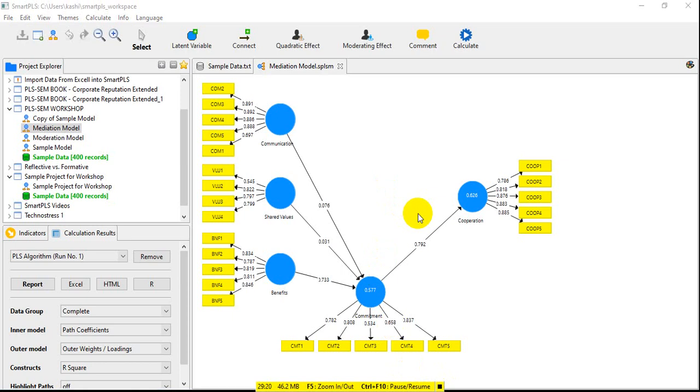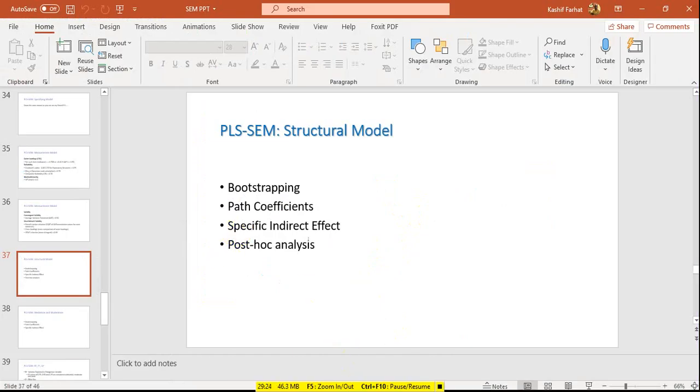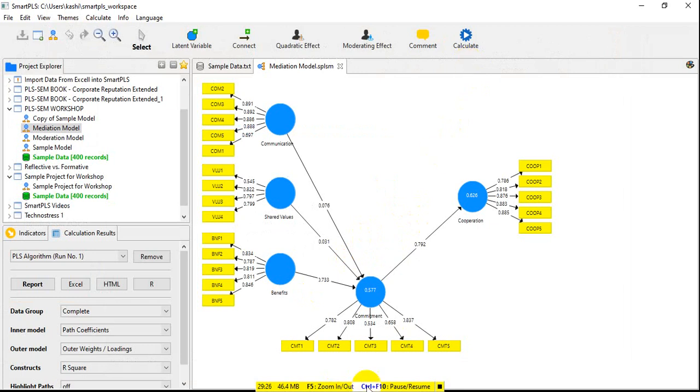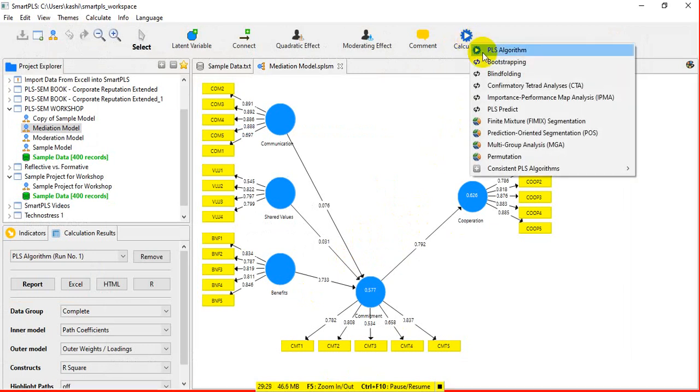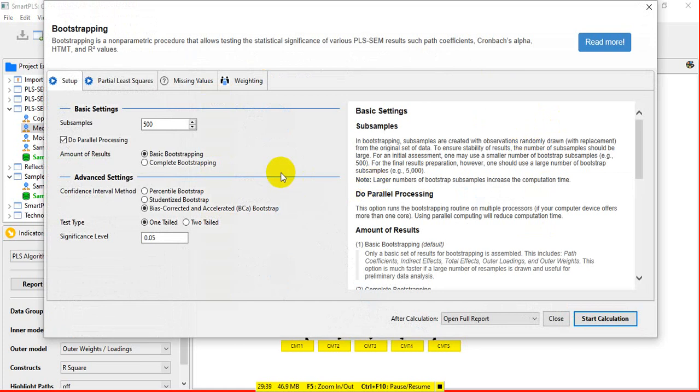So we are done with the measurement model, and now we are going to the PLS-SEM structural model. For the measurement model, I went here to PLS algorithm, and for the structural model, I'll go here to bootstrapping. Bootstrapping. Can you all click on bootstrapping? Okay. And look here, a few things I need to tell you. If you pay attention, because we don't have much time, we need to go a little faster. Number one,